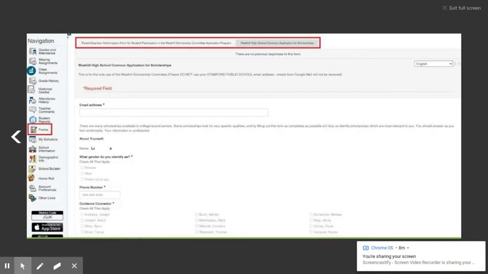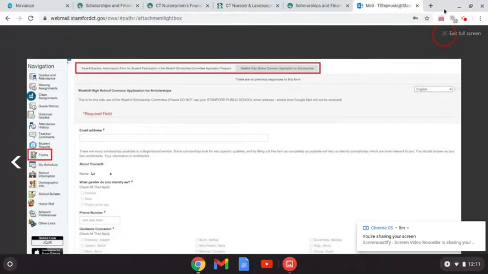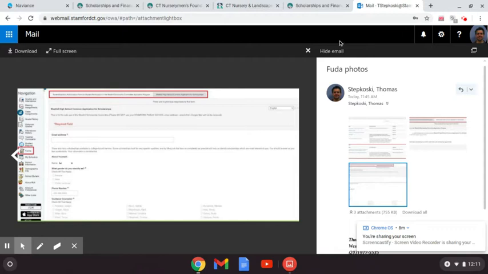I think it's a great idea that you do provide all your answers here. That way the scholarship committee can send you scholarships that are basically hot off the press. So if you have any questions, you could always email me,